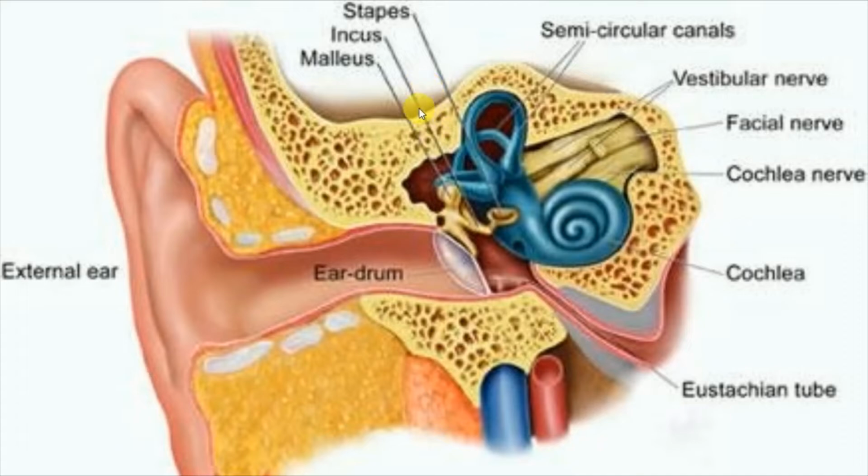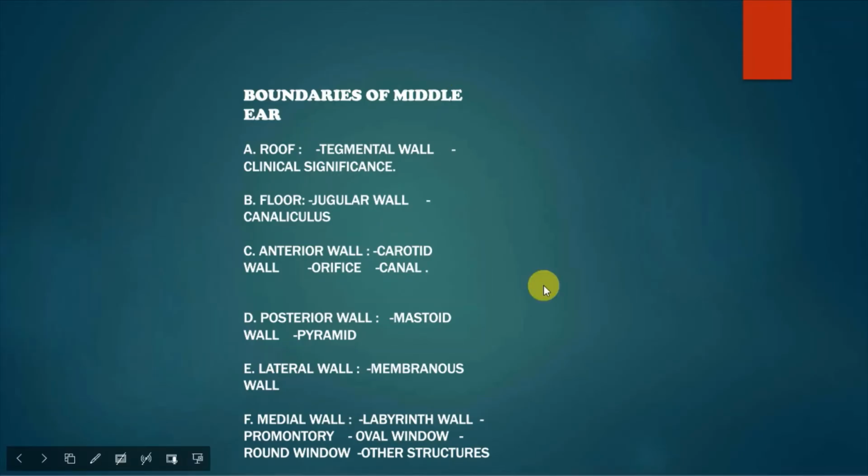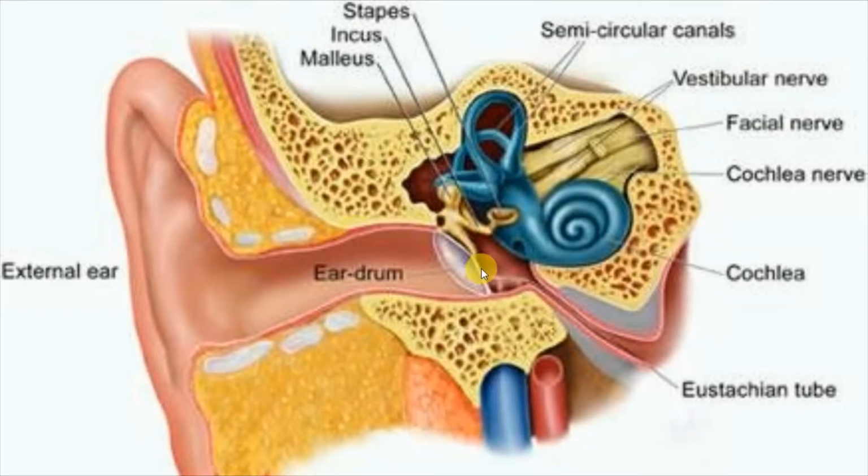That is, above this bone we have the dura. So if we have otitis media here, it can penetrate through this thin plate of bone and can irritate the meninges, causing meningitis. Okay, then we have the floor of the middle ear cavity, which is also called the jugular wall. It's called the jugular wall because this thin plate of bone separates the middle ear cavity from the superior bulb of the internal jugular vein.